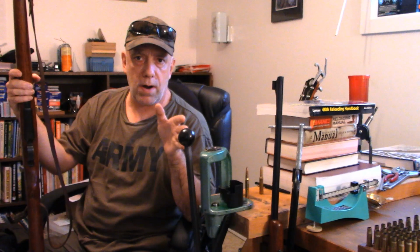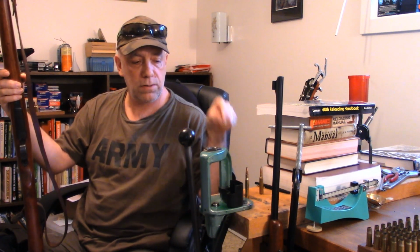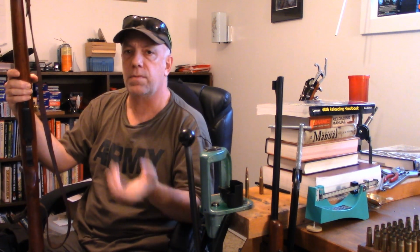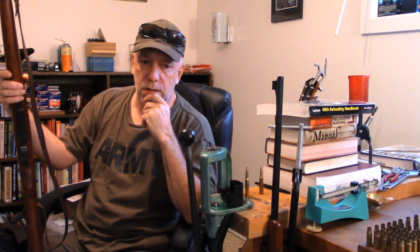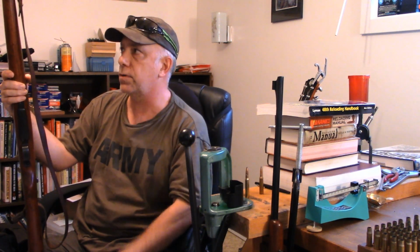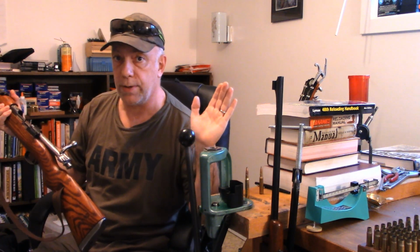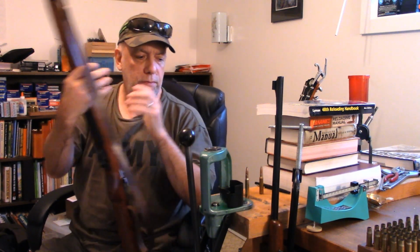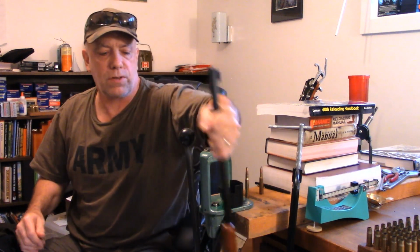So this is kind of where you walk the line between being, well, it was a process of discovery to come across that load. It took me a long time of effort and research and development and shooting. And so it was, again, a process of elimination. I found the load that is just this kind of sweet spot for my 8x57 Mausers. It shoots well on all of them, so if it ain't broken, don't fix it. Anyhow, yeah, and that load also works exceedingly well